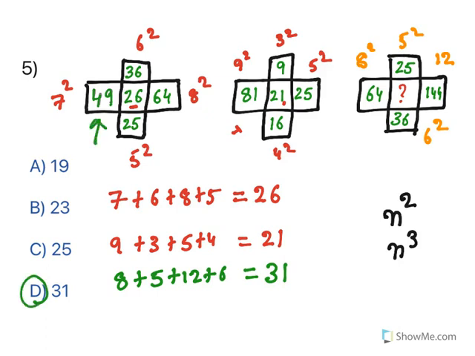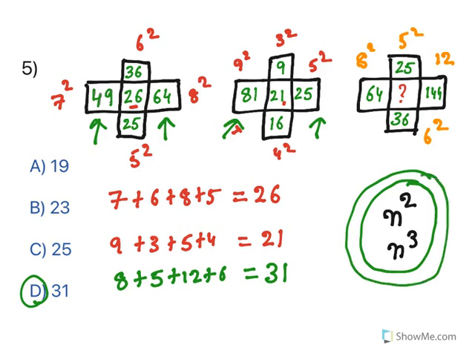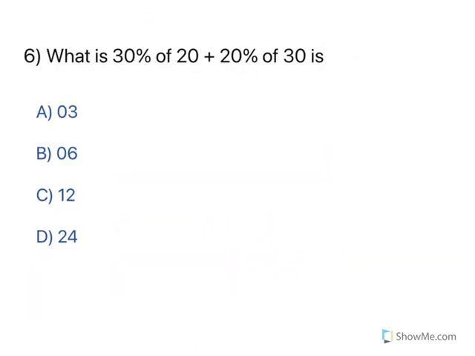See, the moment you see these things, you should get the idea that they are all squares. That is the reason why I keep emphasizing you need to know these things. From 2 to 9, you should know n squares and n cubes. So this is it. Let's move on to the next one. Now look at this.